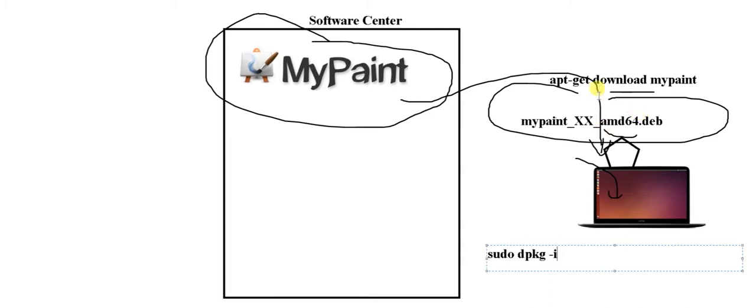Okay, you will ask dpkg, hey dpkg, can you please go and install this software which is present in my system as a package? So dpkg will ask, can you tell me what is the name of the package? So you will tell my paint, and let's say xx, whatever the version it is, amd64.deb, right? So this kind of thing you have to tell your dpkg, right? And after that you just need to hit enter. That's it. So Debian package, okay, means that the offline version of the package will be installed with the help of dpkg in your system, means that manager, right, which installs and uninstalls.